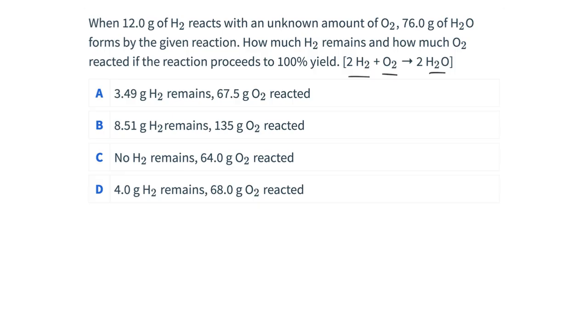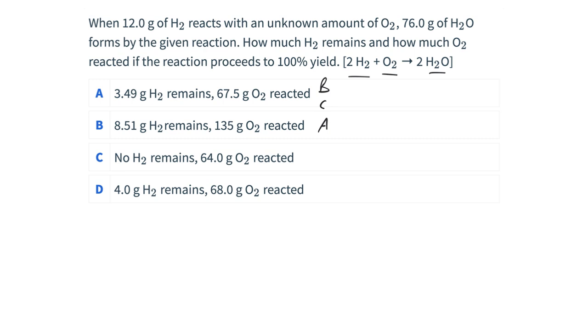You'll see a lot of problems say, assuming the reaction completes or goes to 100% yield. That just means that there's no byproducts to worry about, that you're just getting all the yields as you expect from the stoichiometry in the reaction. So how might we set this problem up? Well, the two basic approaches, I think, would be either a BCA chart, and that's fair. There's nothing wrong with trying to think here